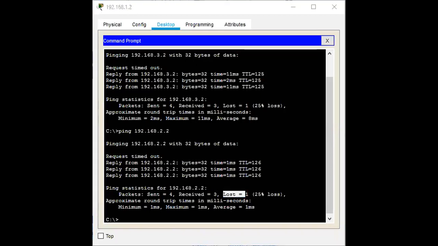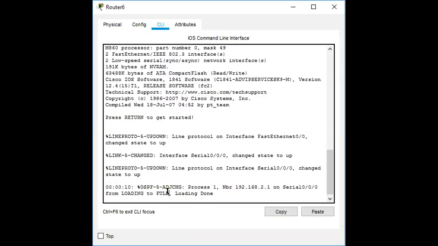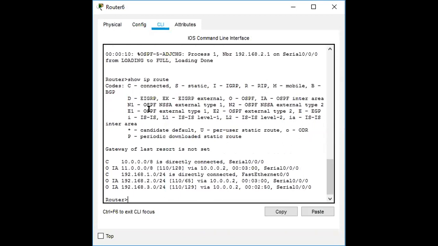Then how do you check the OSPF protocol here? Double click on the router. For example, I configured router 6. Go to CLI, hit enter, show IP route. Now the information window shows the IP route.